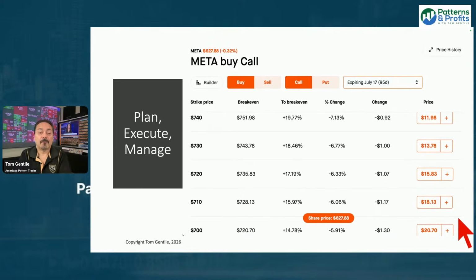This is a snapshot of Robinhood. And looking at Meta, what I'd go back again and look at is what are those 700 calls trading for, right? What are those 740 calls trading for, or anything in the middle? You know, I see the 700 calls, they're trading just above 20. I see the 740 calls, they're trading at around 13. I see the 730 calls, or 12, I'm sorry. The 730 calls are trading close to 14.